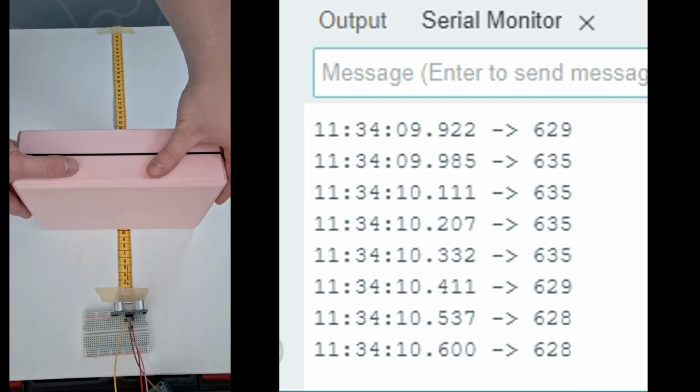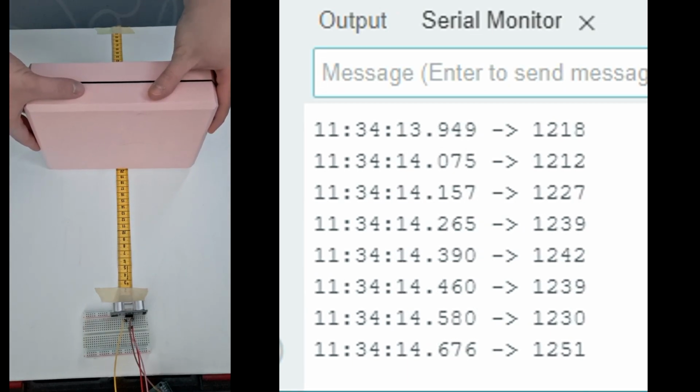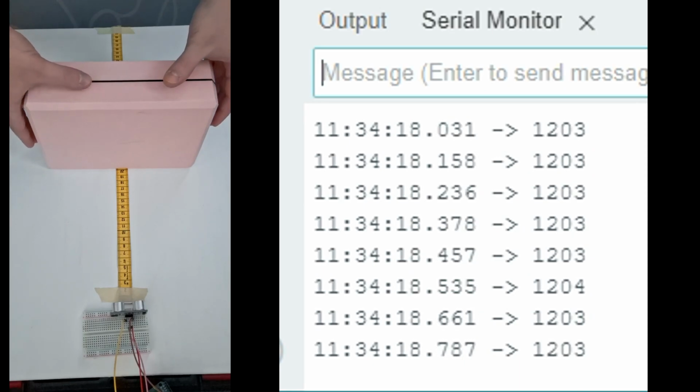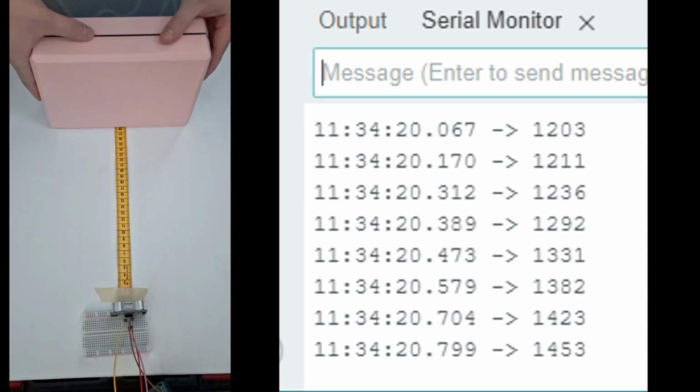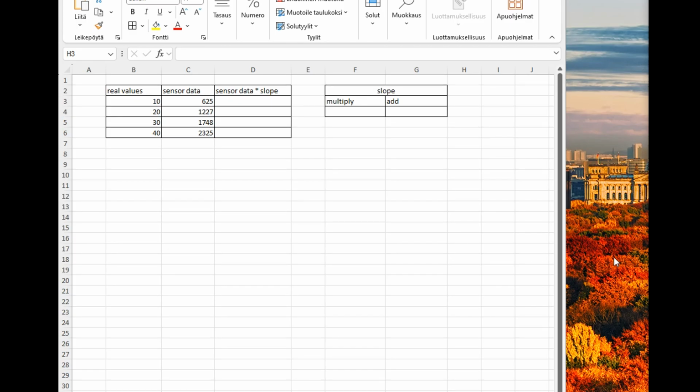Here I will write down the value pairs. Now all I have to do is create a line diagram.